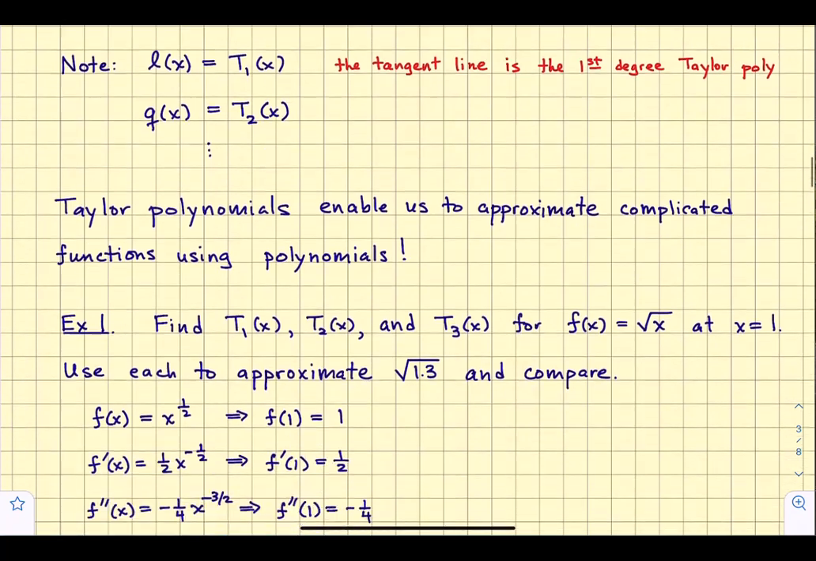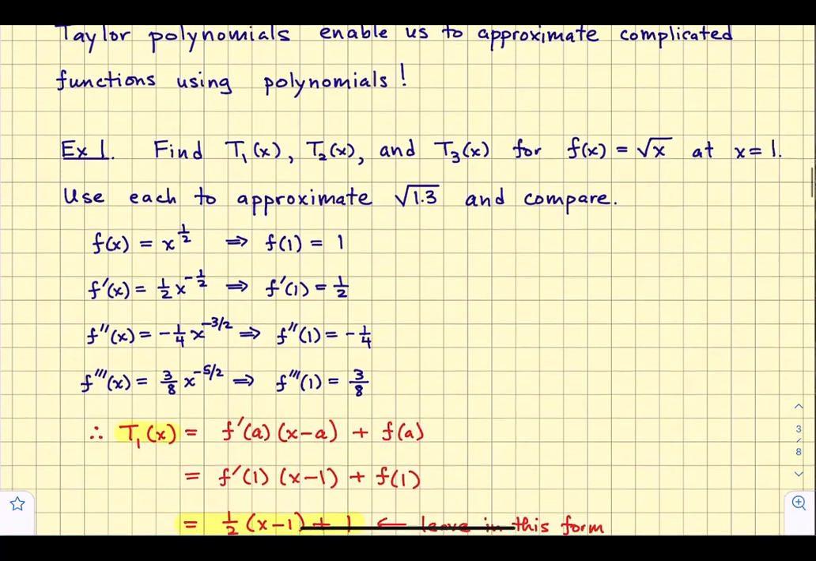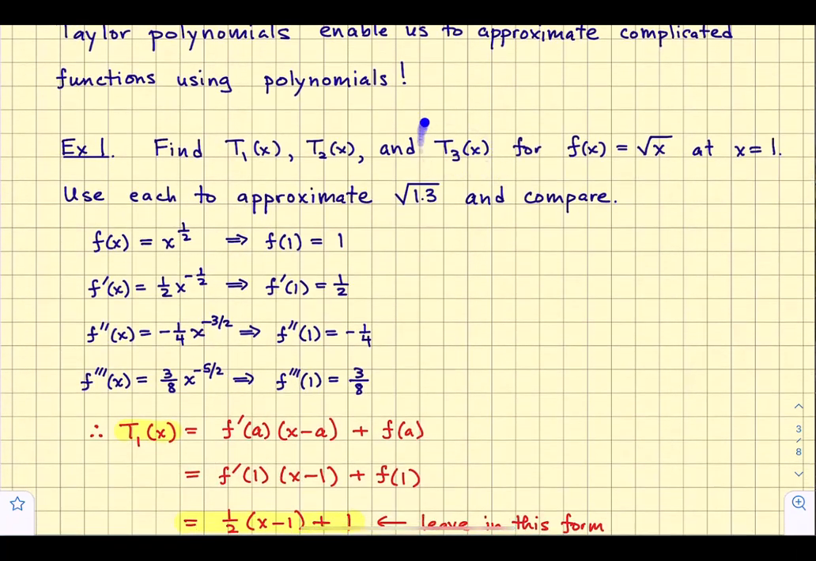I know that I'm eventually going to find up through T3, so I'll go ahead and get the function values. My a here is 1. It's where I'm building the approximation. So if f of x is x to the 1/2, then if I evaluate this at my a,